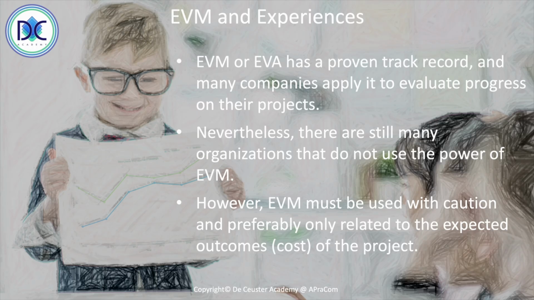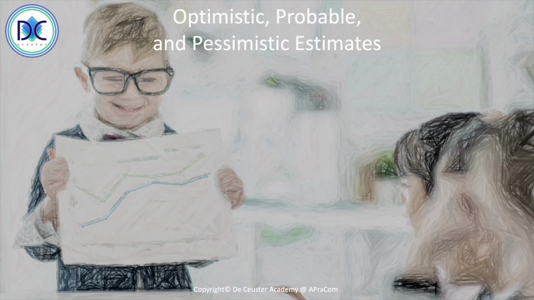Of course, we must be careful when we are using earned value management, and we look at the different items. We already discussed that the schedule information is not so interesting. It doesn't really show very good results or prognosis that we can take, but we can use earned value management related to the estimates at completion about the costs. That's more reliable. Now, when we look at everything that we did before, we were talking about the optimistic, the probable, and the pessimistic estimates.